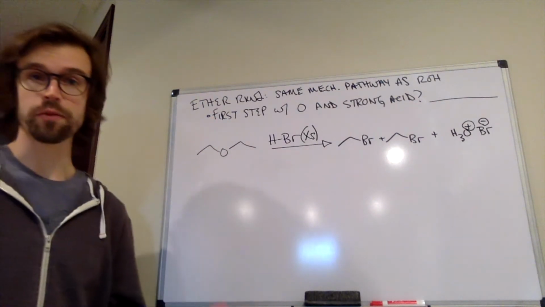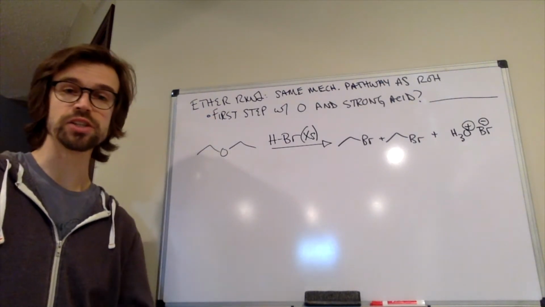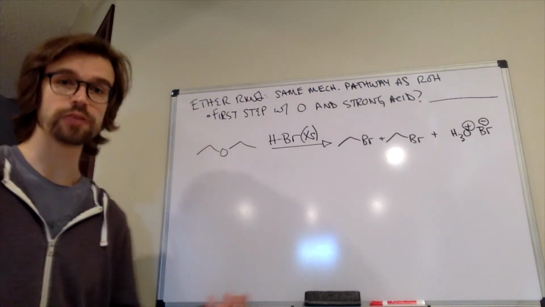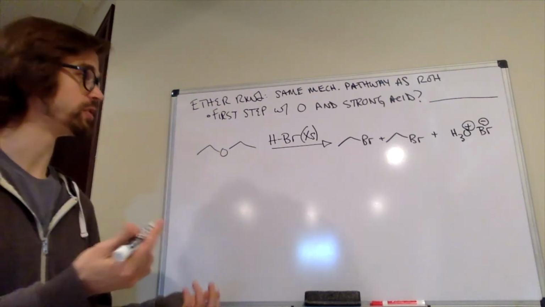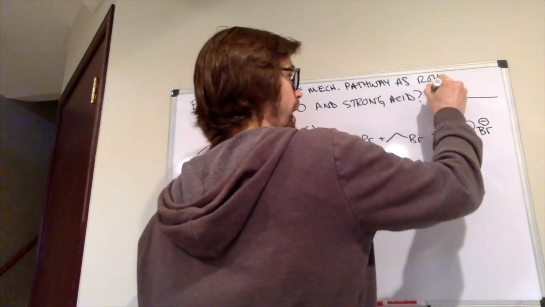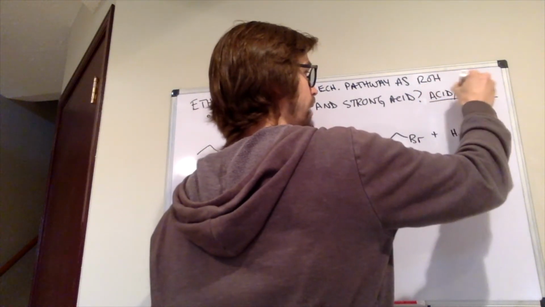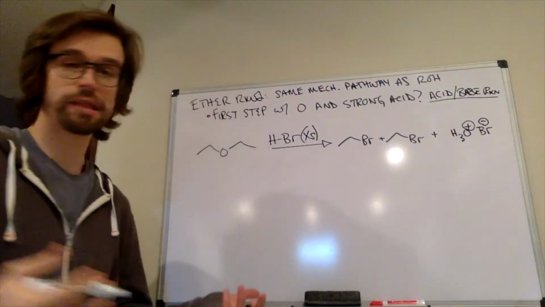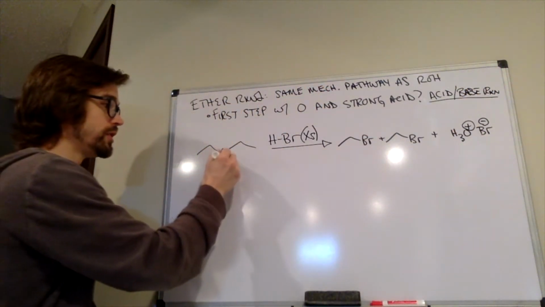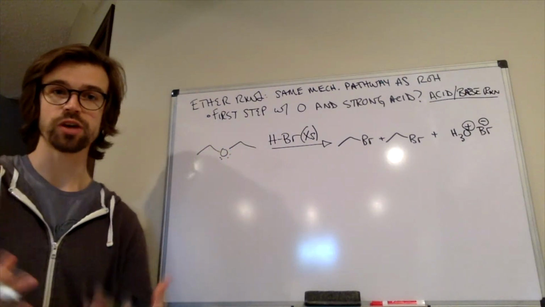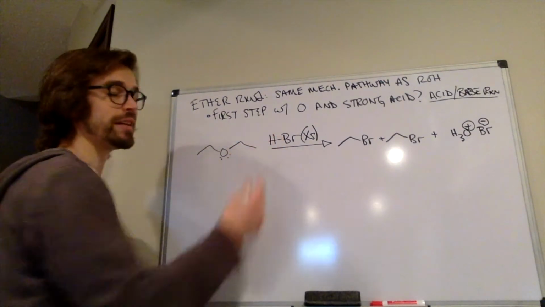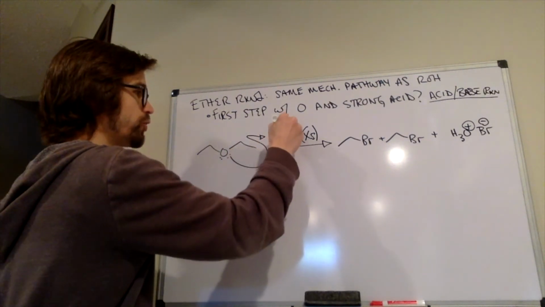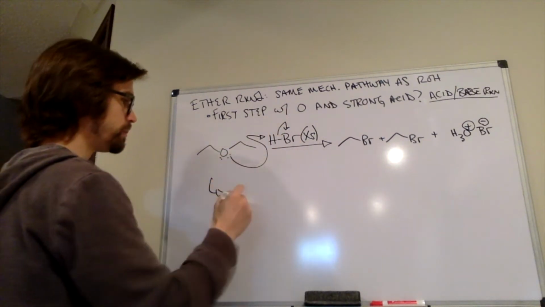So first step with alcohols, whether you treat them with HX or sulfuric acid, the first step in any of those reactions is protonation of the oxygen. So essentially, we have an acid-base reaction as the first thing that occurs. So nothing's changed here. We have an oxygen. It still has lone pairs of electrons. It's basic. And we have an extremely strong acid, HBr. So the first thing that's going to happen is we're going to transfer one of those protons to that oxygen,